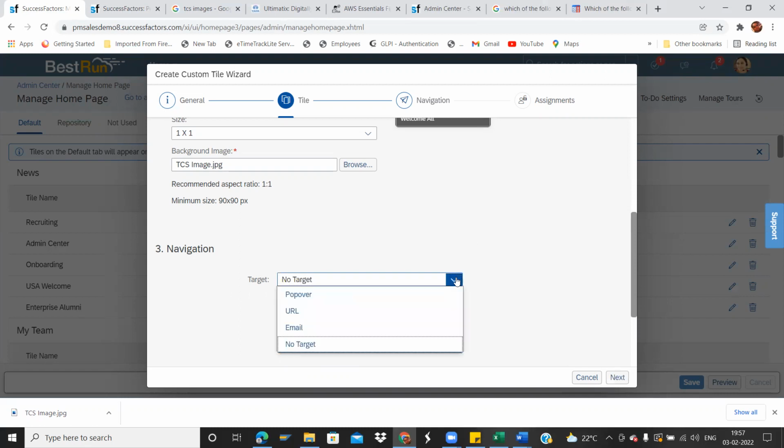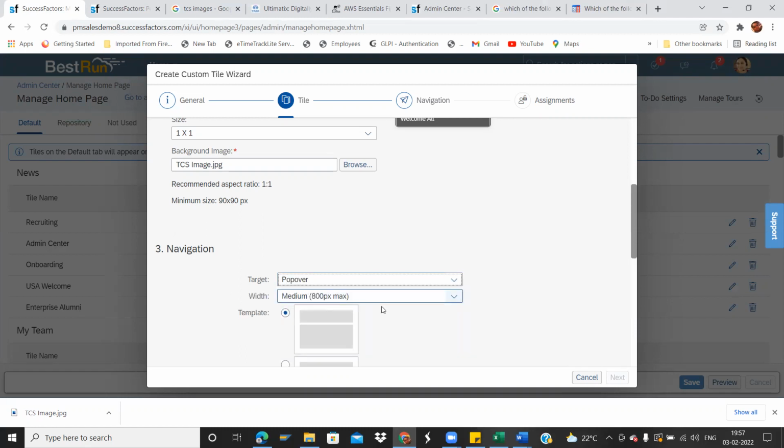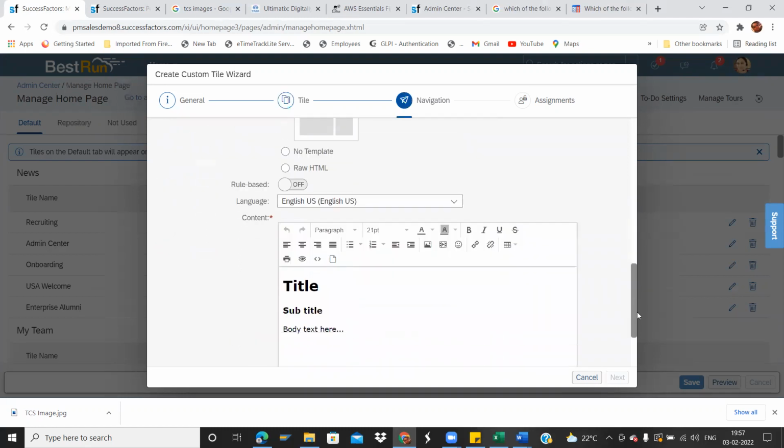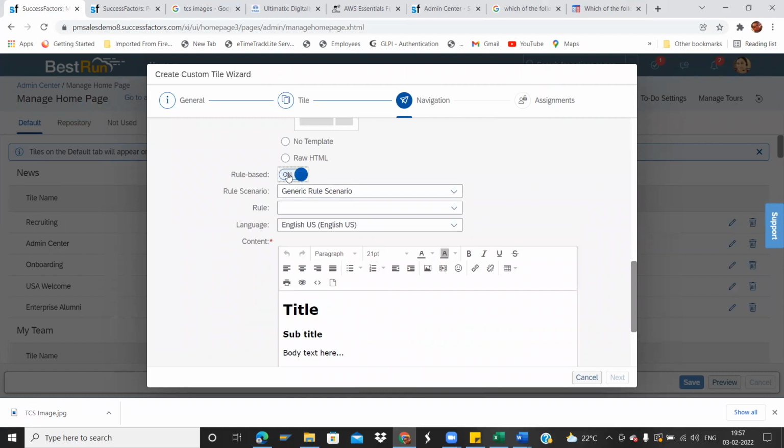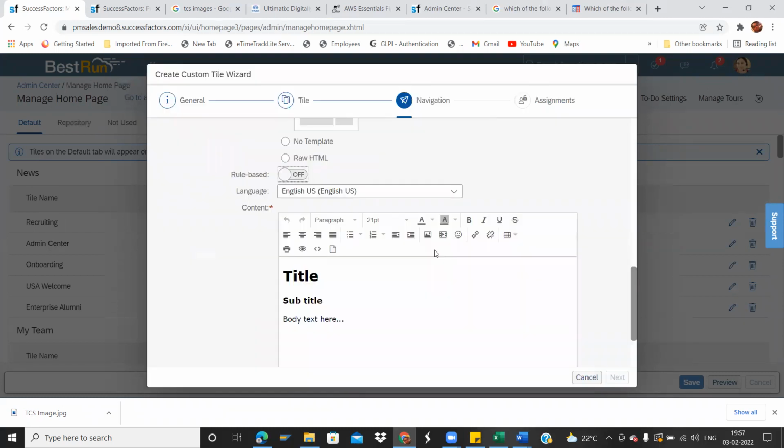Mail, it will not open anywhere. So I'm just selecting popover, and this I will not be using now. I'll be explaining it in business rules. Basically, whenever you are creating business rules, you can assign them here for tile creation. Different rules are there. Business rules mean the standard for tile creation purposes. Based on that rule, if you want that tile to work in real time, you can. We'll not be using this now, but when we cover the business rule topic, I'll explain how business rules work.